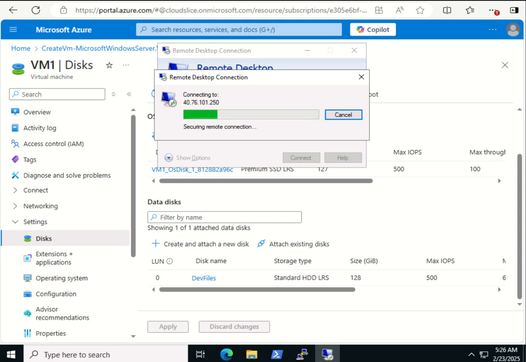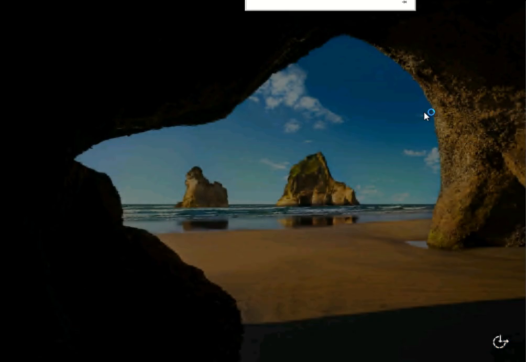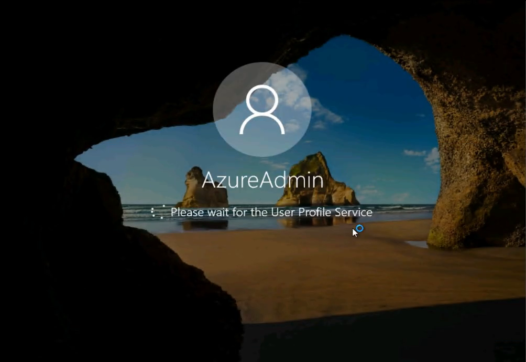Yes. Once you log in, go to data disk management, and then you're going to initialize the new data disk as G drive, and also we are going to format